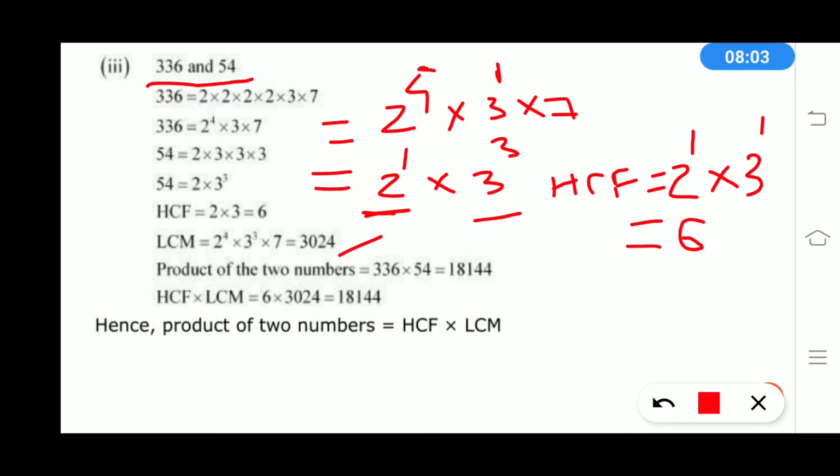So the product of the two numbers, 336 and 54, equals 18,144, and LCM into HCF equals again 18,144, that's been verified. Product of two numbers equals HCF into LCM. Okay,